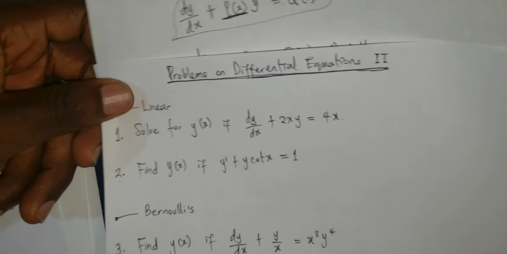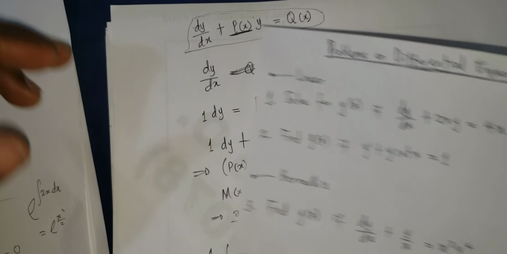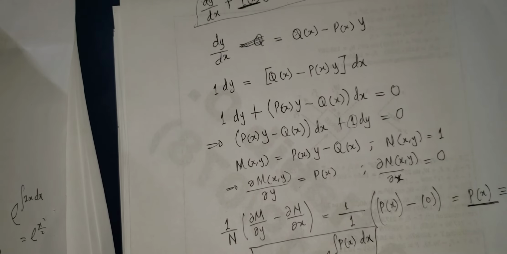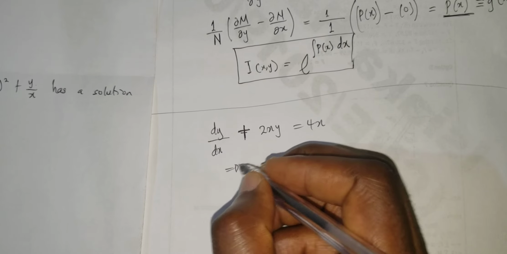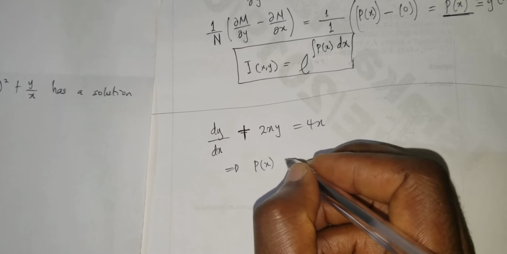So I'm going to solve the first one, which is expected to be the simple one. As a good teacher, you should solve the simple one so that you will try your hands on the other one. But the approach remains the same. For this problem, we have been told that dy/dx plus 2xy is equal to 4x. In this case, I can identify directly what I will need to get my integrating factor. P of x is equal to 2x. So then my integrating factor,